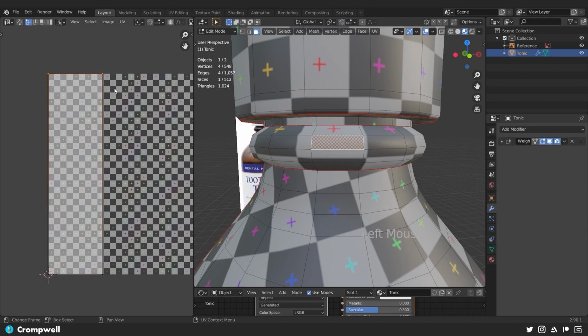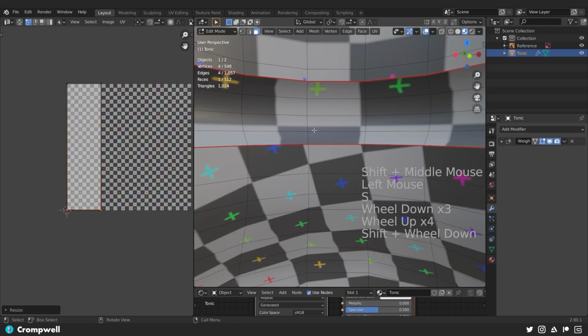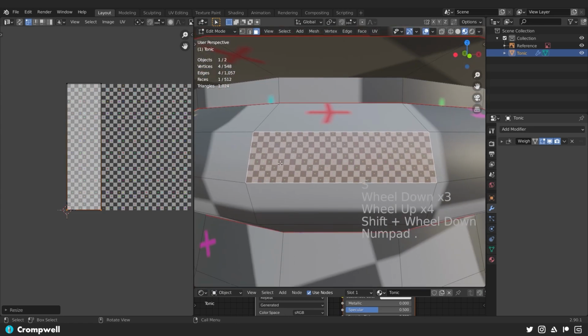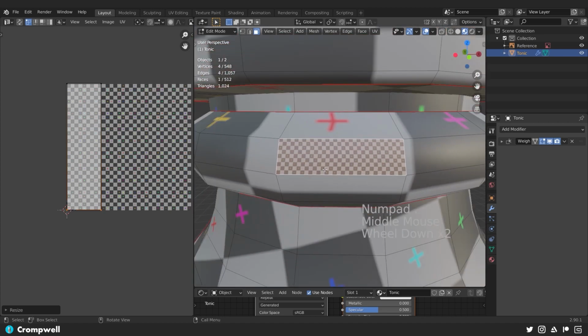then I'm going to grab both of these and say SY0, so we're scaling them in the Y direction, which is up and down, so X is left and right, Y is up and down, and we're snapping them to 0 so that they're perfectly parallel with one another, SY0, and there we go. Now, if we look at this face here, and the way I did that was I pressed the number pad 0, you can see here we have our nice little perfect squares,